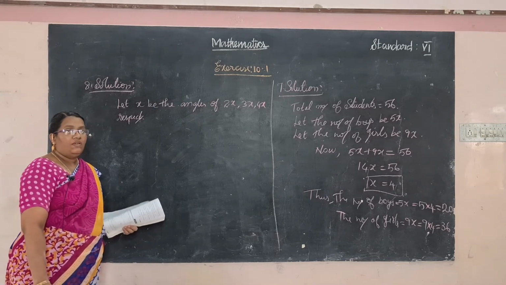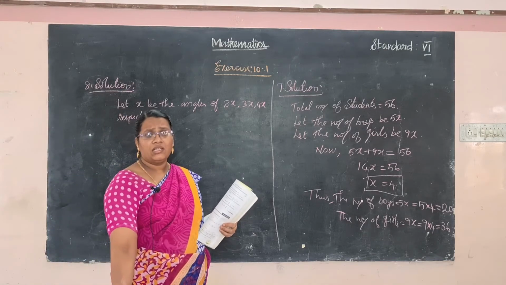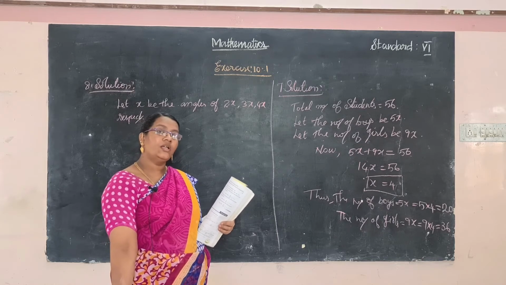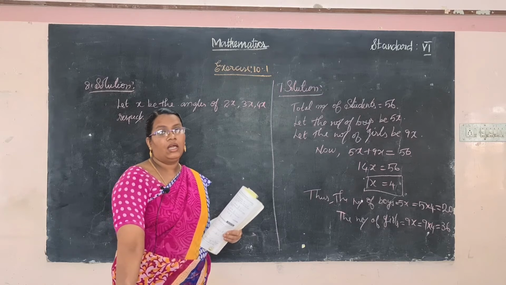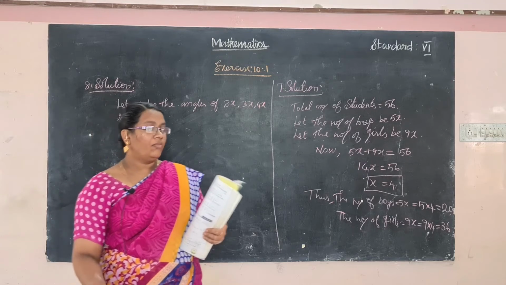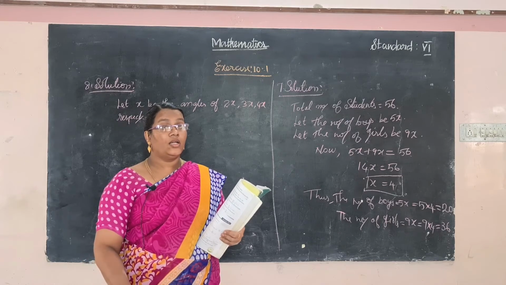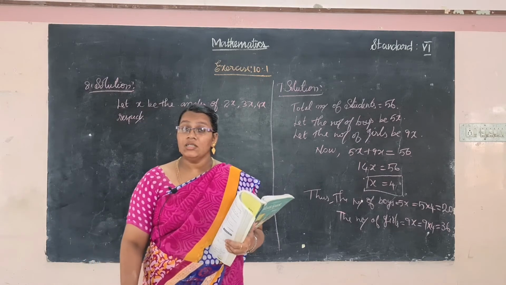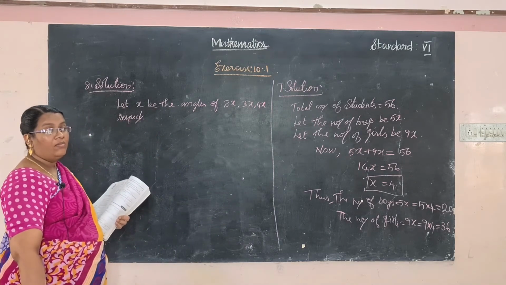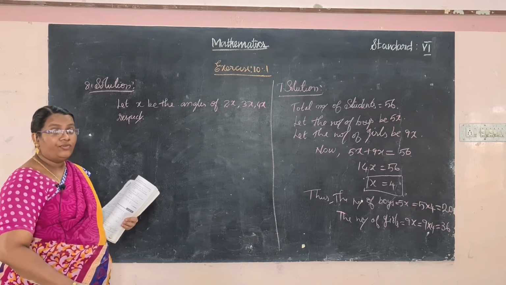So in geometry we have learned about triangles. A triangle has three sides, three vertices, and three angles. The sum of the three angles is 180 degrees. We will learn this briefly in the coming chapters. So the sum of three angles in a triangle is 180 degrees, and we have used that property: the angle sum property for a triangle.